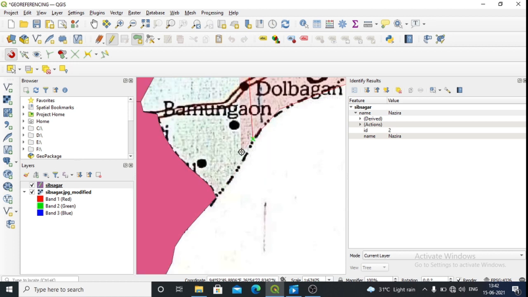Now you see we are almost going to share the boundary with the another subdivision. So you just click on exactly the point which you have taken earlier. Okay, so I'm selecting over here, then after that you just click in this way.